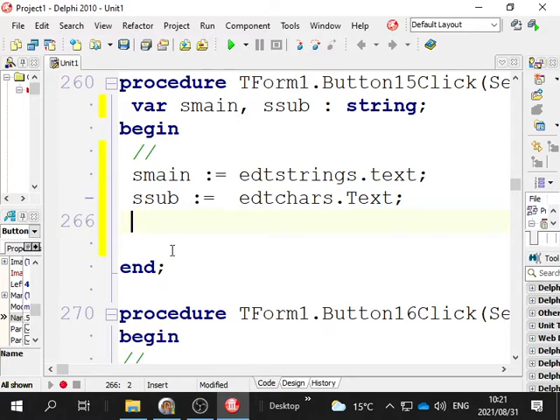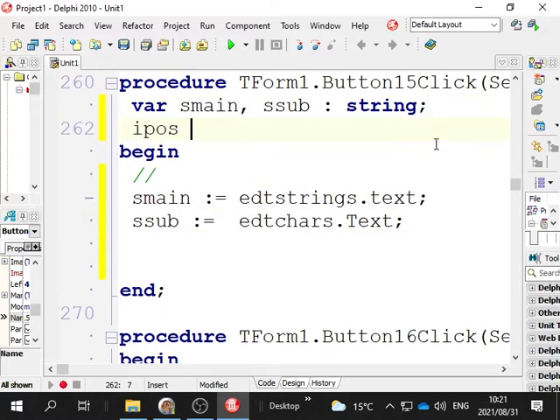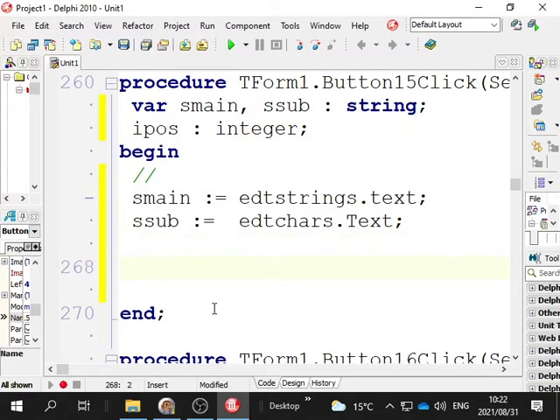And now to do that, we're going to get a variable called ipos integer, and we're going to say ipos